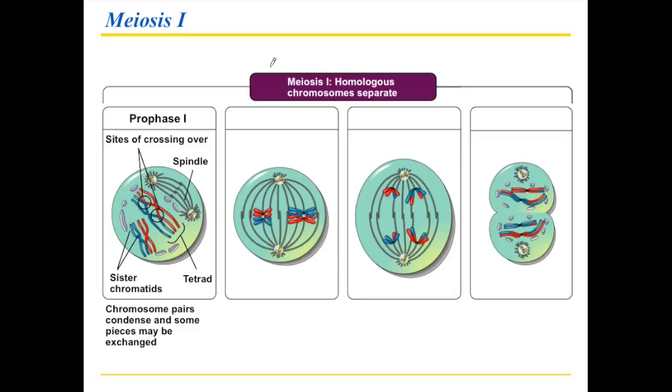These are the same phases with the same names that you encountered in mitosis. The difference is that all of these are going to have a Roman numeral attached. This Roman numeral tells you that you're not in mitosis, but that you're in meiosis. It tells you more specifically that you're in the first part of meiosis. And so whenever one of these phases, like prophase, has a Roman numeral with it, then you know you're in meiosis. If it doesn't have a Roman numeral, then you're in mitosis.